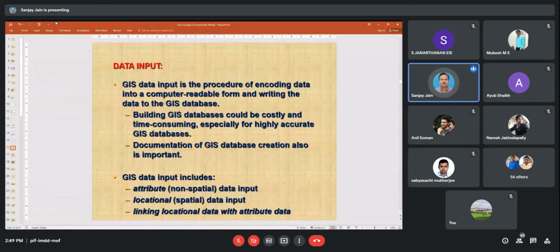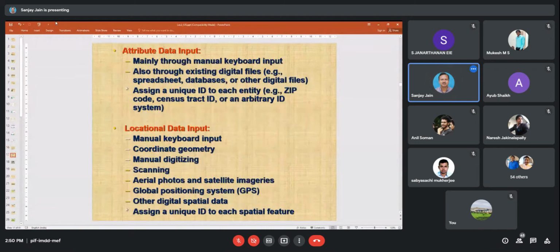GIS data input also includes attribute or non-spatial data input, locational or spatial data input, and linking locational data with attribute data. So what is attribute? As I gave you the example of a rain gauge, attribute data is entered mainly through the manual keyboard or an Excel sheet. I know that my rain gauge is located at a particular point, and I have daily rainfall data in an Excel sheet.